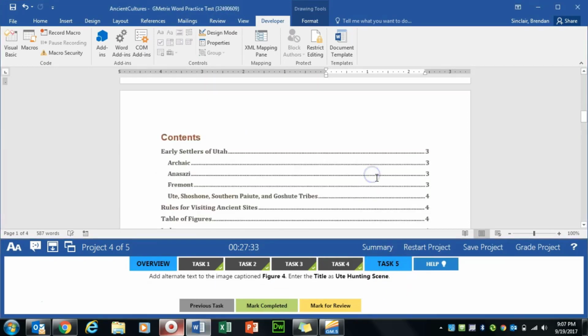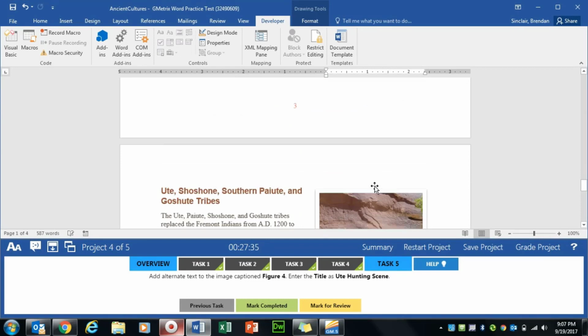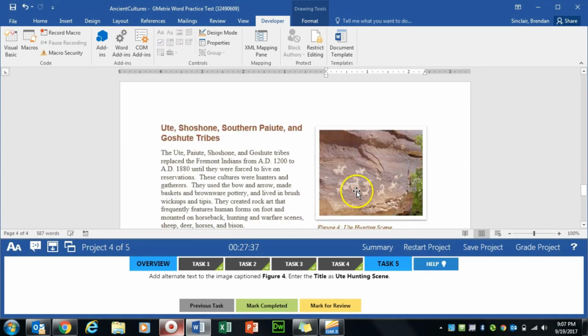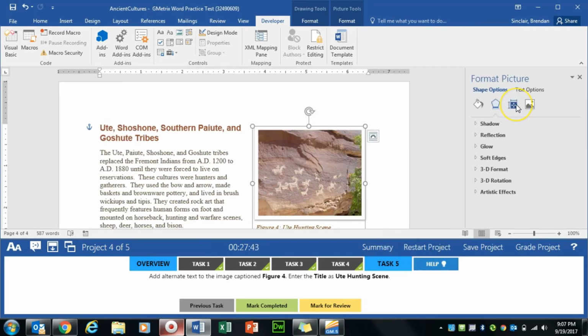Task 5 asks us to go ahead and go to the Figure 4 image. So it says Figure 4. We'll click that. What we want to do is right click here, click Format Object. We want to go to the Layout and Properties here at the top. Click the drop down for Alt Text. We'll type in what it wants us here,